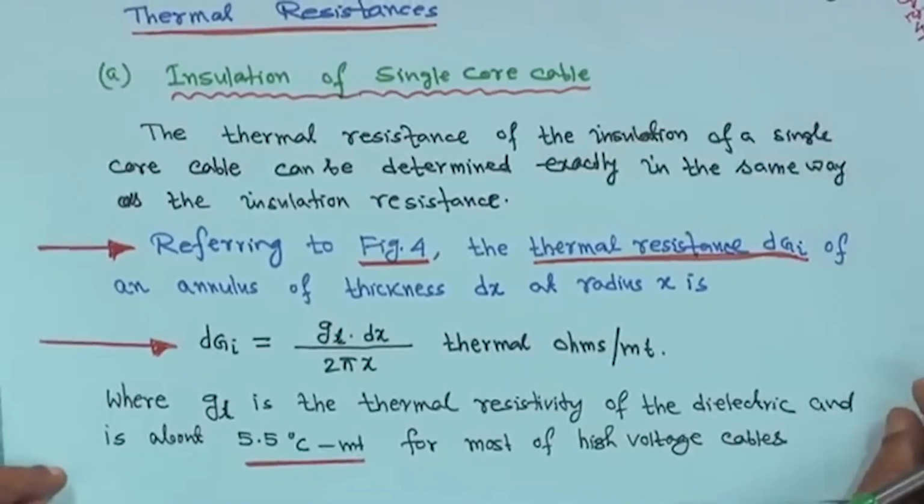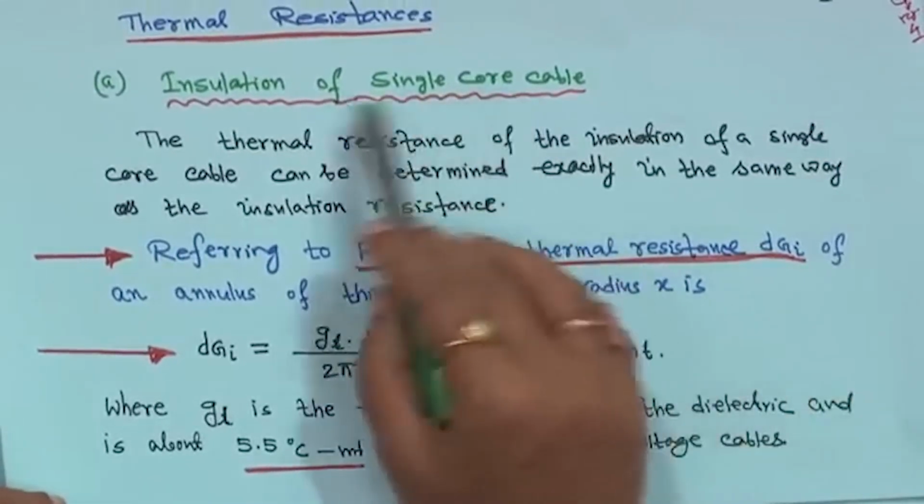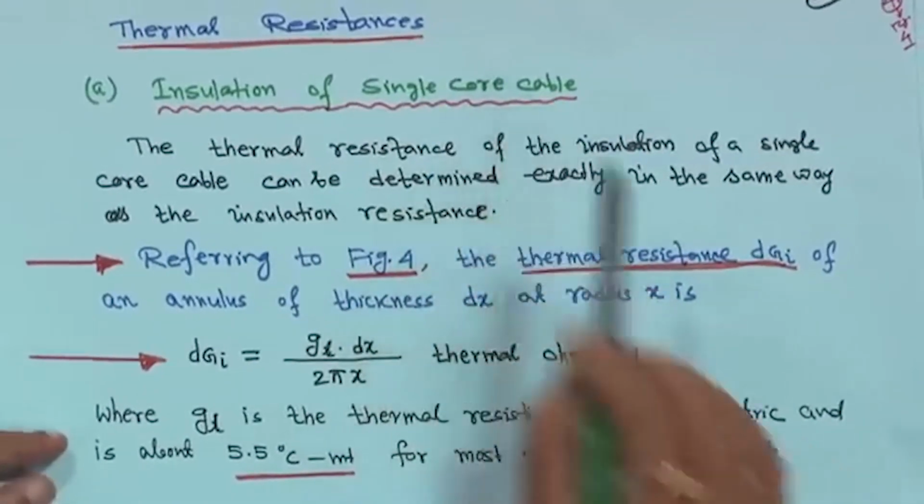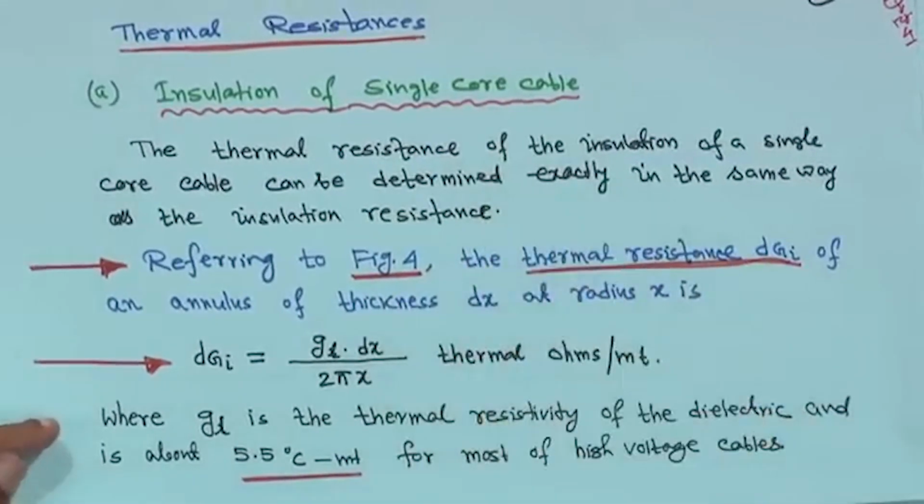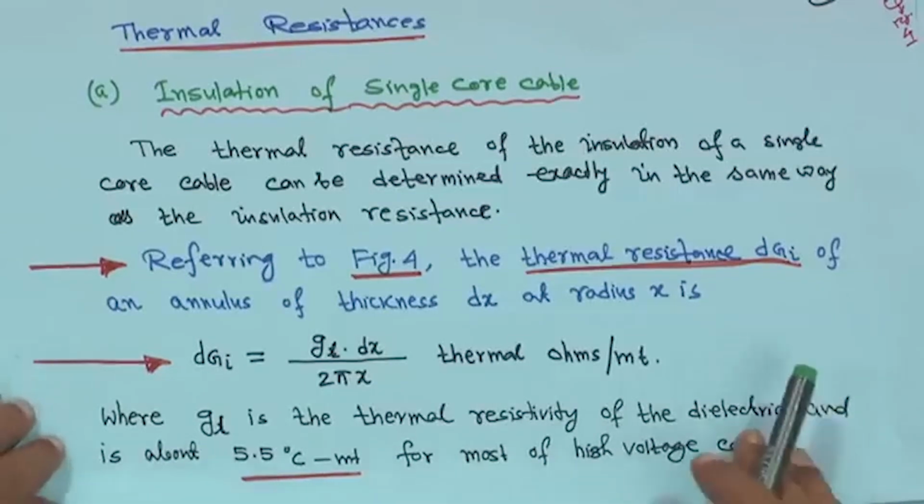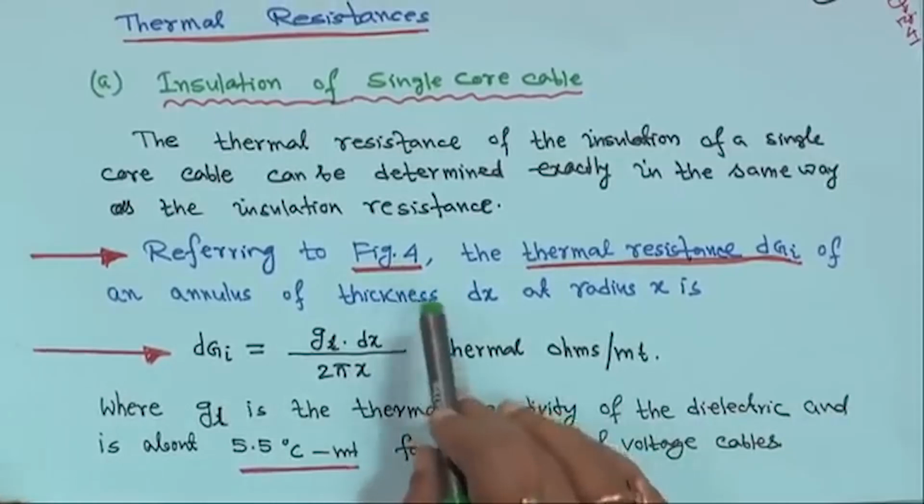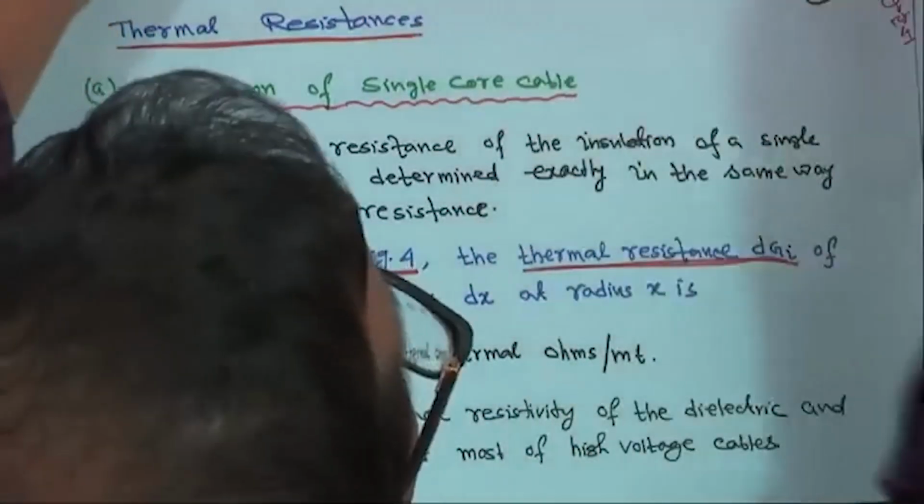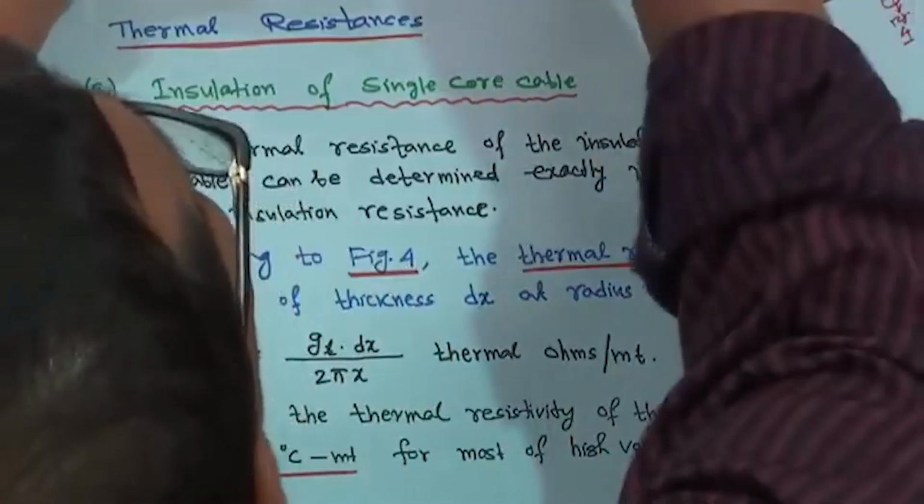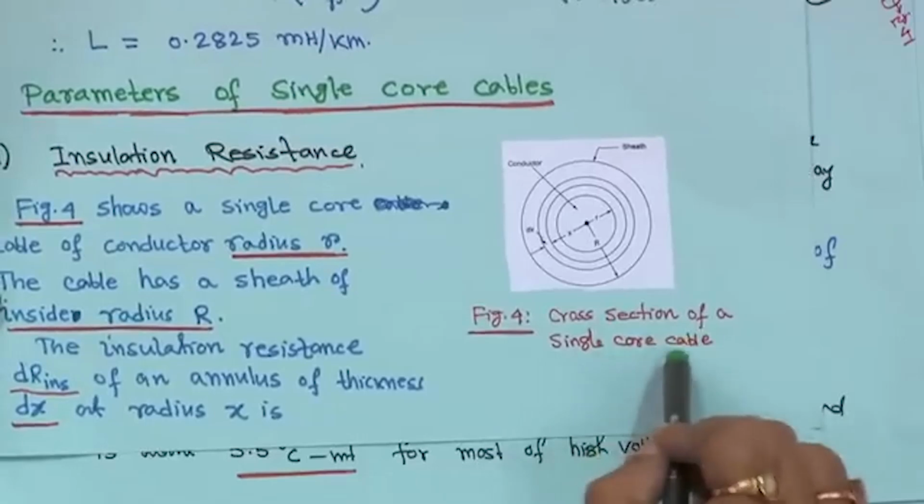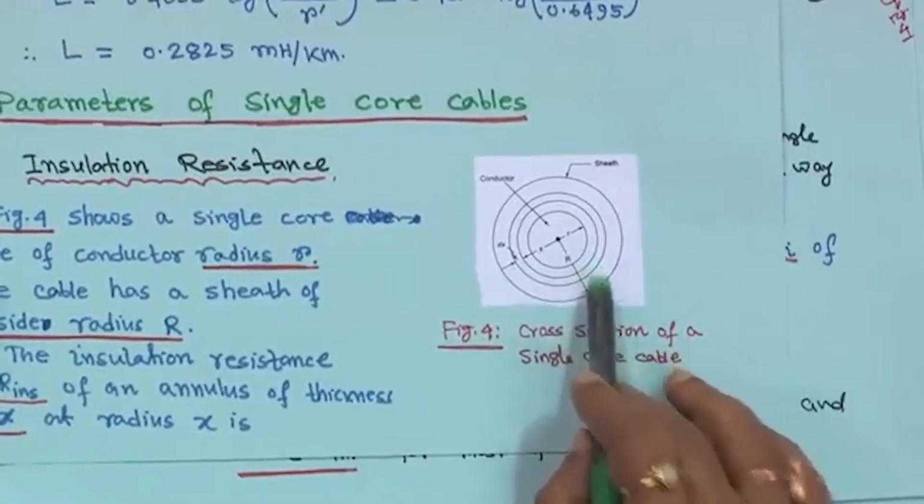Okay. So, next we will come to the thermal resistances. First, you consider the insulation of a single core cable. The thermal resistance of the insulation of a single core cable can be determined exactly in the same way as the insulation resistance. Referring to figure 4, just hold on, I will show you figure 4, this one. Referring to figure 4, the cross section of a single core cable,